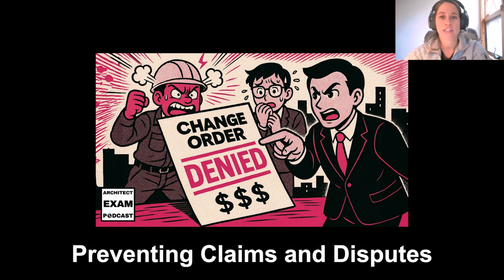Another great prevention strategy for claims and disputes is to have a well-defined change management procedure. So have specific processes for requesting, documenting, and approving changes. Have a protocol in place. Have time limits stated with format requirements, like how to respond to these requests. Think of this like planning a dinner party. And then, at the last minute, maybe your spouse invites 20 more people 5 minutes before the dinner is supposed to start. You need to have a system in place to maneuver and handle those types of curveballs